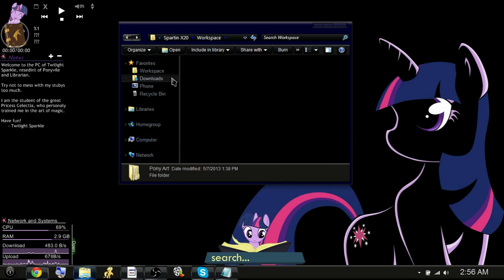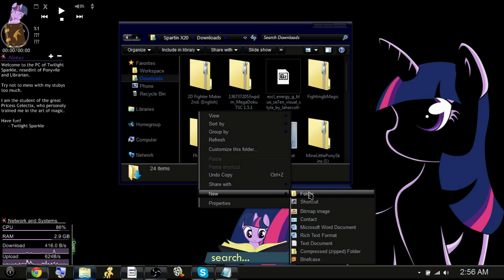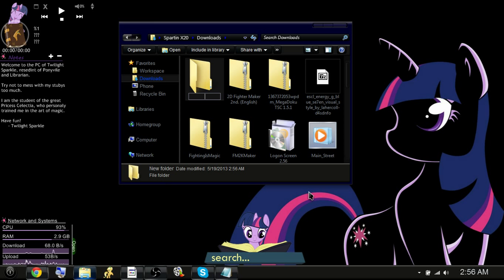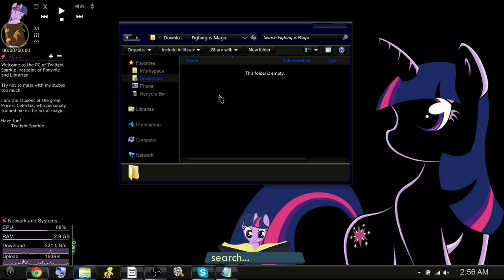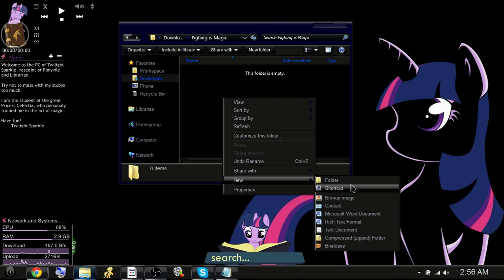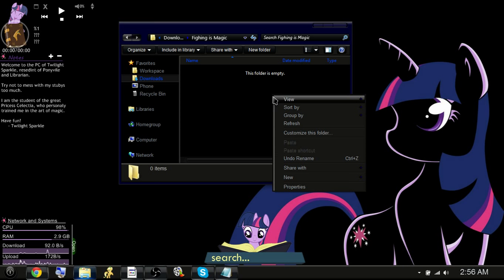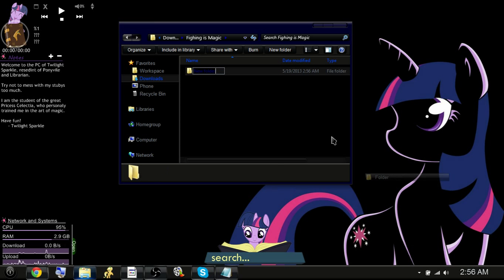I'm going to go to a new location. For instance, downloads, so you can just pop it out later. What I recommend is you create a new folder somewhere where you want to keep it. Label it Fighting is Magic. Inside of this, you're going to want to create another folder, and this is just for ease. I didn't mean to do that. What's wrong with me? So you're going to create another folder, name it Telepone,